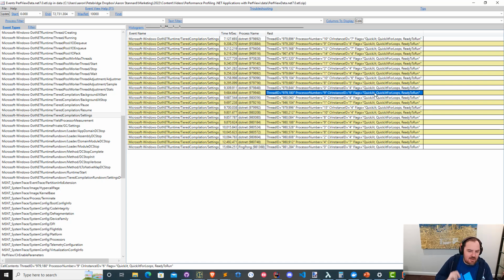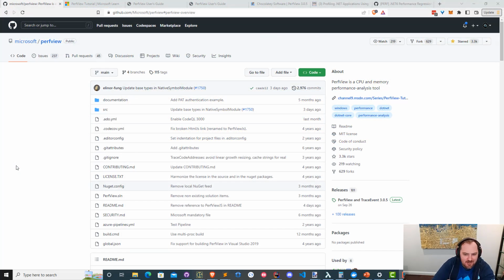So the next thing I'm going to dive into is some more resources you can look at for trying to learn more about PerfView and trying to go ahead and try it out yourselves. Now, like I mentioned earlier, there's not a huge amount of resources available online for PerfView because it's a somewhat esoteric tool that's largely used internally by the .NET teams themselves. However, it's all available open source, and you can go to the Microsoft/PerfView repo to get access to the latest. And on top of that, these original Channel 9 tutorial videos that the creator of PerfView, Lance Morrison, put together,